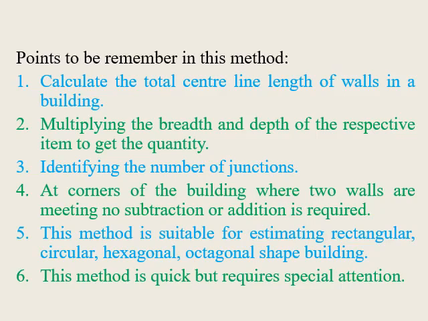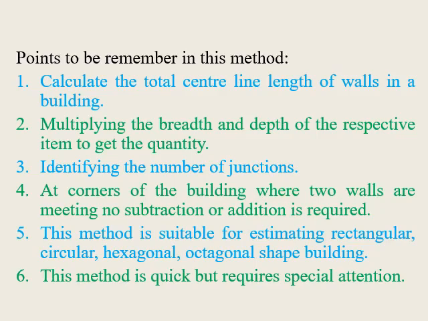After that, multiply the breadth and depth of the respective item to get the quantity. Then you should be able to determine the number of junctions. Keep in mind that at corners of the building where two walls are meeting, no subtraction or addition is required. And remember, this method is suitable for estimating rectangular, circular, hexagonal, and octagonal shaped buildings. Also, it requires special attention and consideration at the junctions, the meeting points